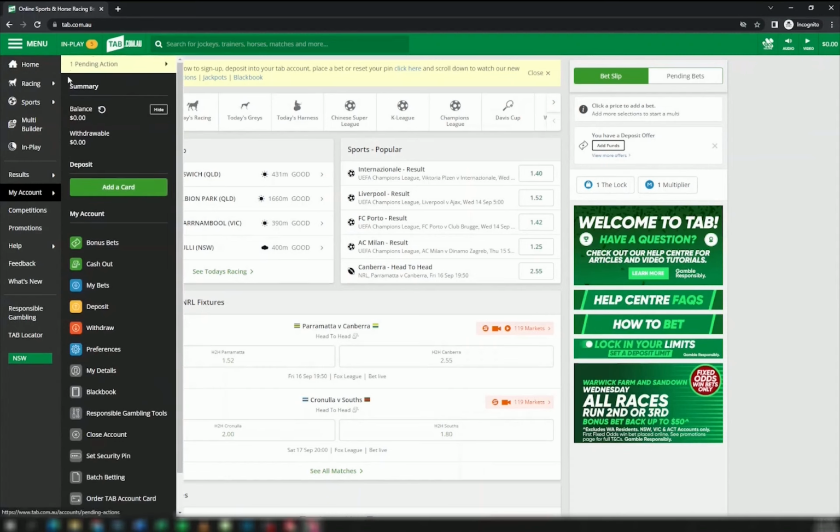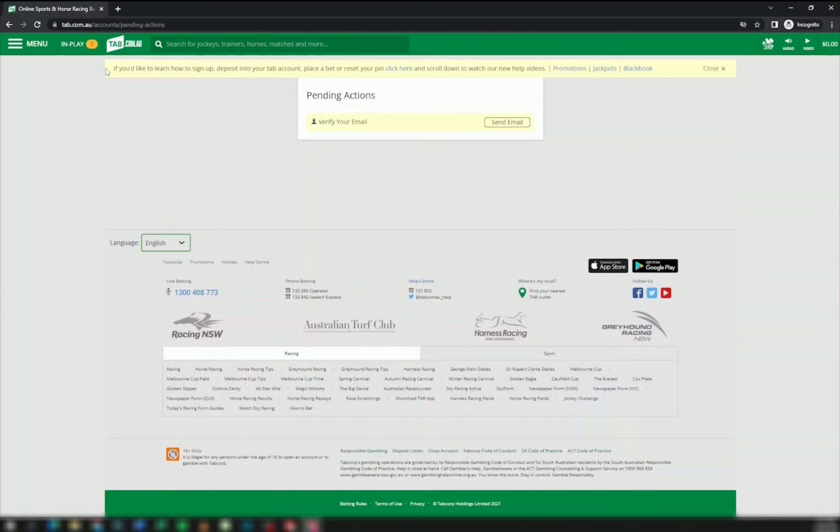As you can see here, we have one, which is to verify the email. So we'll make sure that we have anything that needs to be done there finished before we start depositing and placing bets. And once you've made sure that everything is verified, and if you did have a problem verifying when you were signing up for the account,